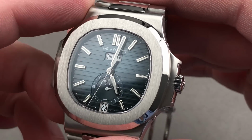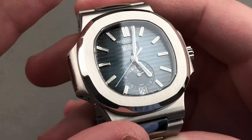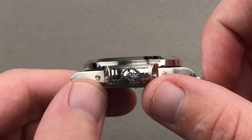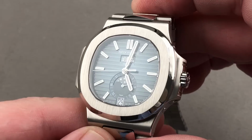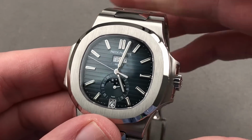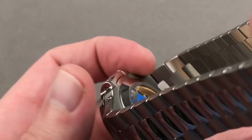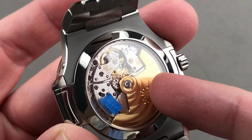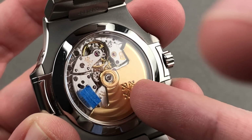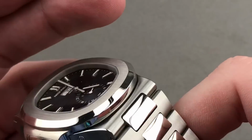It's brighter, it's more cheerful, it's sportier, and as you can see, it still features an annual calendar. It's still 120 meters water resistant. It keeps everything you loved about the original, and it remains only 11.6 millimeters thick. Now, the timepiece, of course, with the annual calendar, need be adjusted only once a year during the jump from February to March. It features a caliber 324 base, which is finished as nicely as the 28-520 you just saw, and it's just as accurate. It does have a slightly lower power reserve, though, of 45 hours,